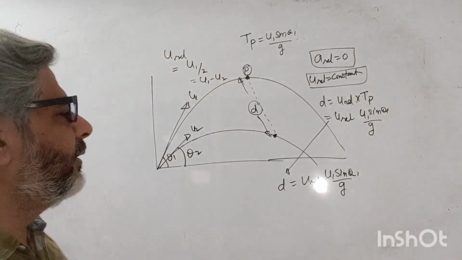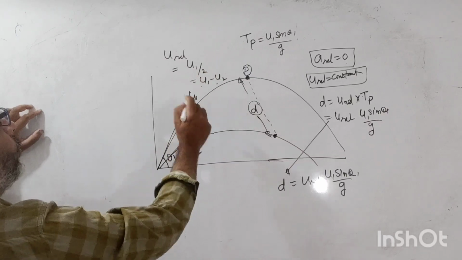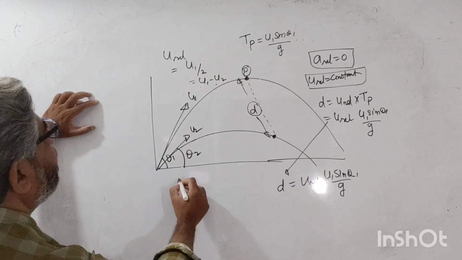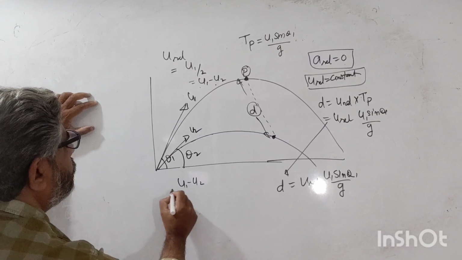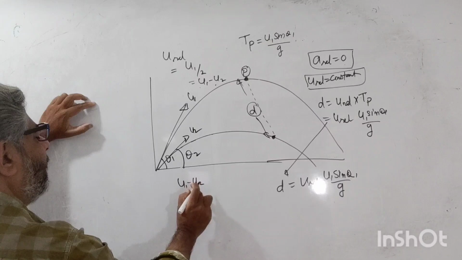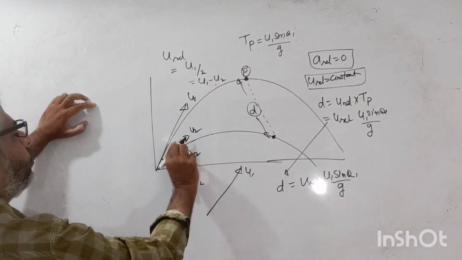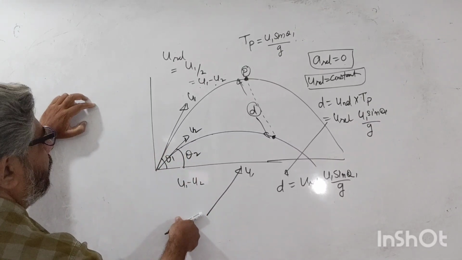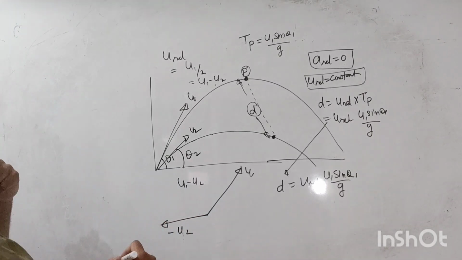If you have any problem with this, I can tell you this u1 minus u2, just treat them vectorially, not scalarly. Velocity is a vector quantity. So if I write u1 minus u2, you have to draw the figure. Now you should treat them as vectors. So this is vector 1, this is vector 2. So minus u2, you draw first u1 and minus u2. So minus u2 would be parallel to this somewhere. It would be something like this. This is minus of u2.